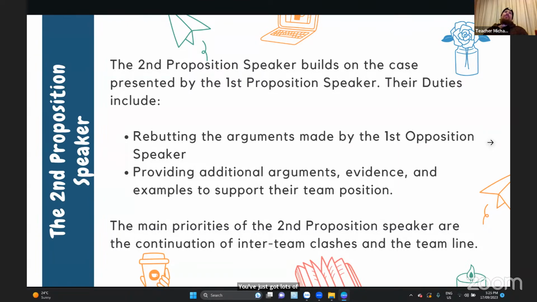But if you get together with your team and you organize your main argument, or what I suppose is your team's stance on the motion, then you make sure that all of your arguments are along the same line as much as possible. They're not necessarily on exactly the same topic, but you want to stick to that one line of logic so that all of your arguments can work together. Because if you can make your arguments work together, then that's how you're going to create a strong case, and you've got a much greater chance of the judges ruling in your favor.